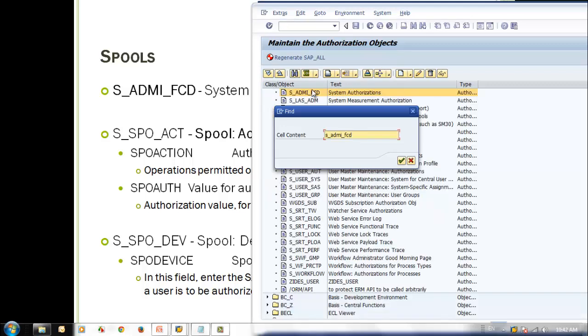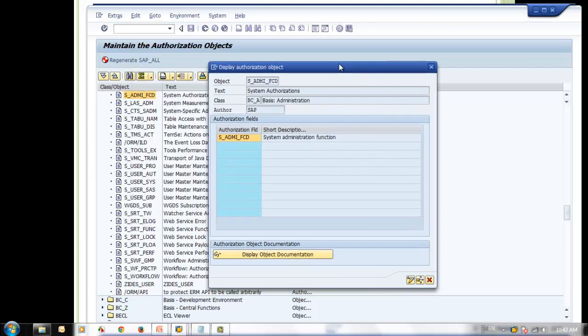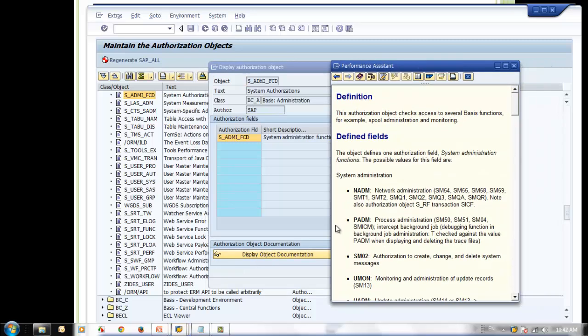Okay, now we found the authorization object. Double click on this authorization object, then you will open it like this. When you click display object documentation, it will open another window and give you the details of